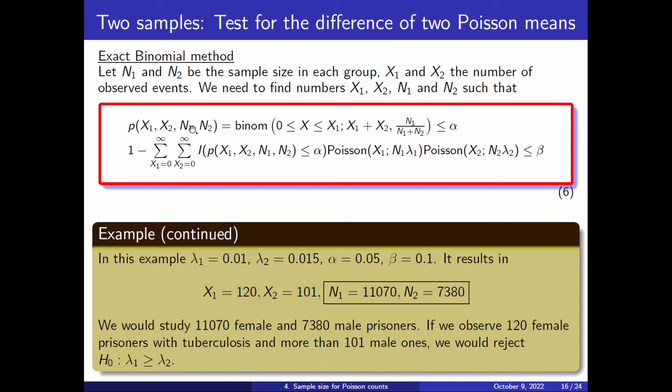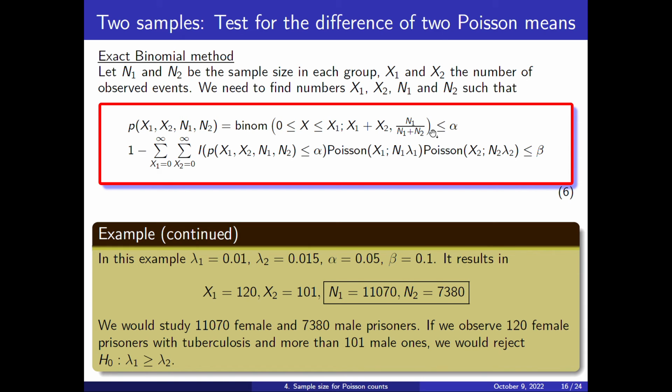So n1 and n2 are the sample sizes in each one of the groups. x1 and x2 are the number of observed events. We define this probability as the binomial of these parameters, and then this probability is the sum of the binomial between 0 and x1 when the binomials have this distribution, these probabilities here,